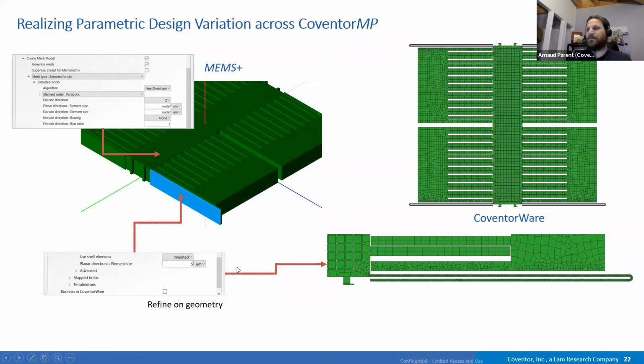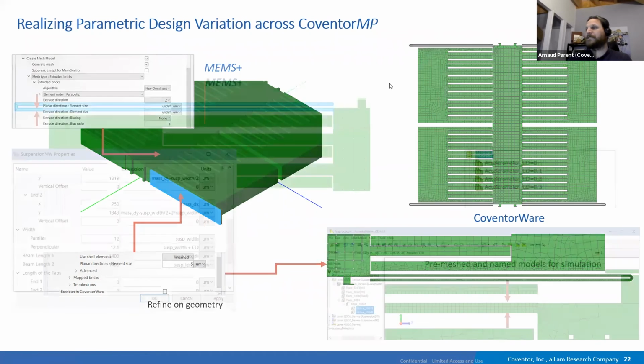And when you do the export to Coventorware, you will directly obtain the meshed accelerometer ready for simulation.